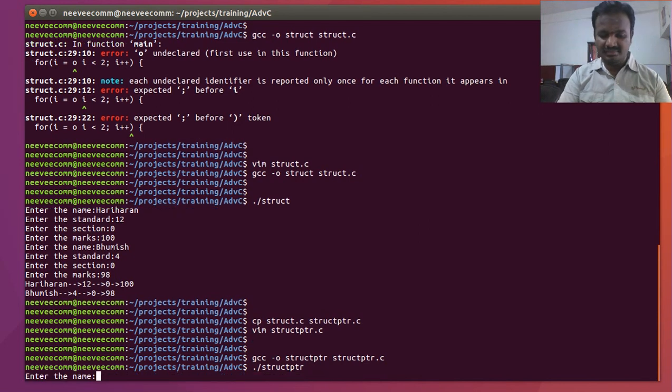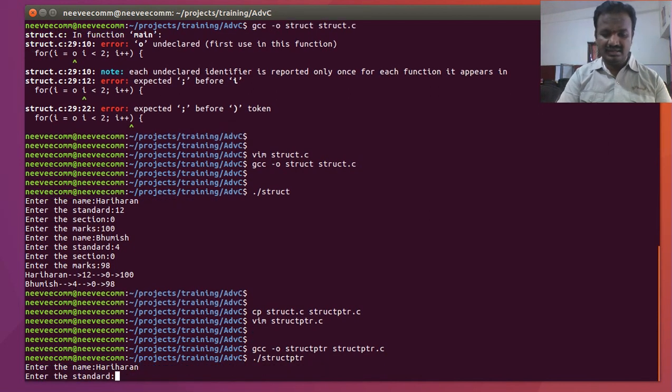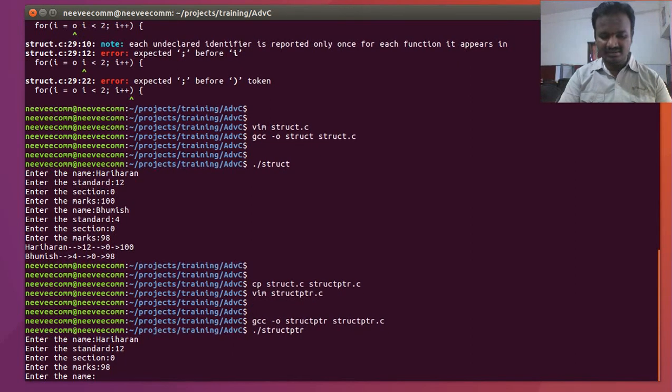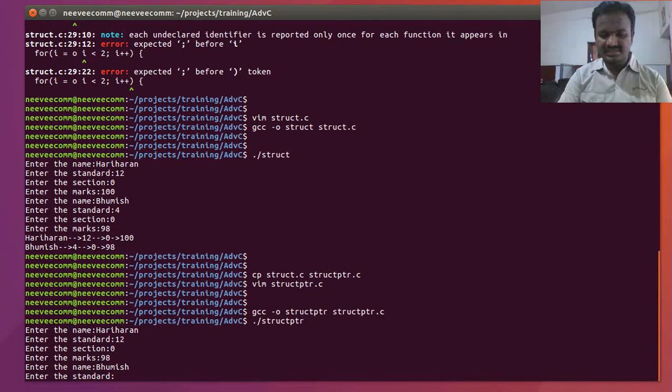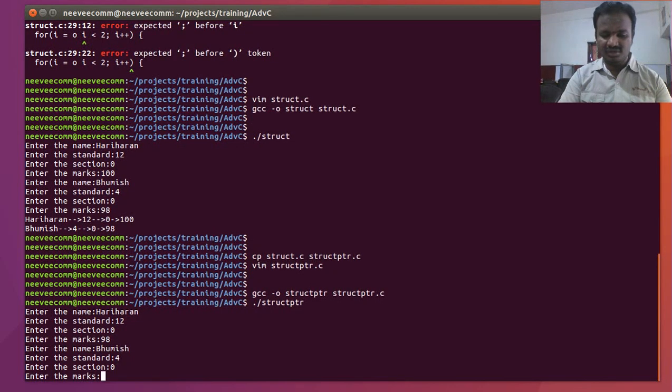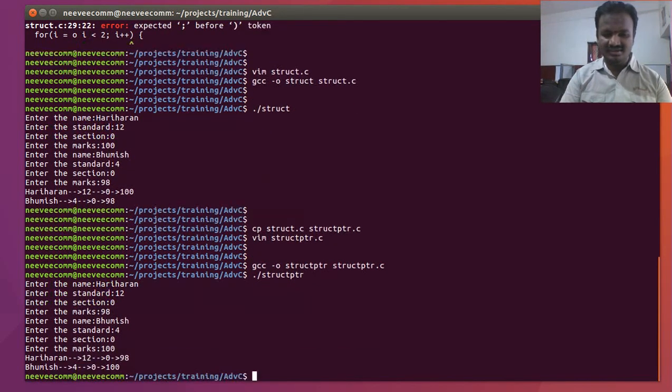I'm going to enter my name Hariharan and 12 and 0, and then I'm getting 98, and I'm going to give my son's name, who is studying 4th standard, and 0, and marks 100 this time. Yeah, we got the values, similar to the structure array, but the thing is we are accessing with the structure pointer here, which can be used whenever we have different